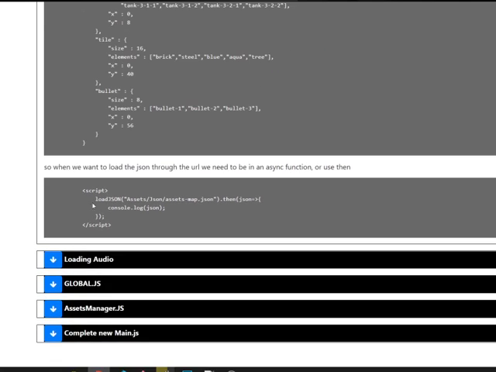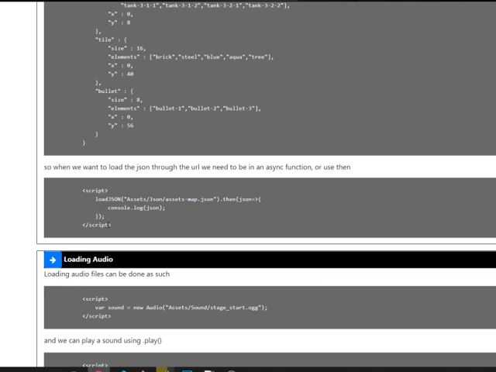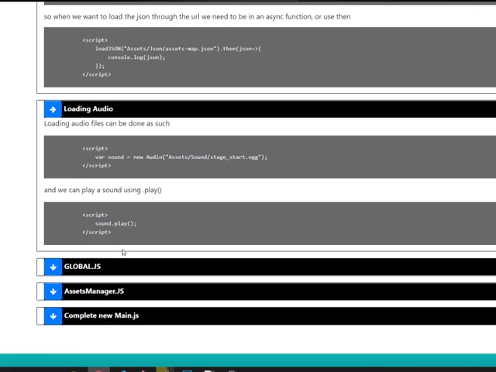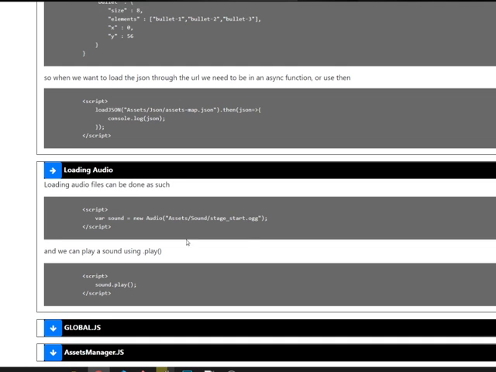So, loading JSON: we have a function that loads JSON. We provide the URL, and we take the JSON and handle it as we want. Loading audio is very simple. We only make a new audio, provide the URL, and it will be loaded. When we want to play it, we just call sound.play, or any other variable name. So far we have 3 assets in our folder: 1 sound, 1 JSON, and 1 PNG image, which is the